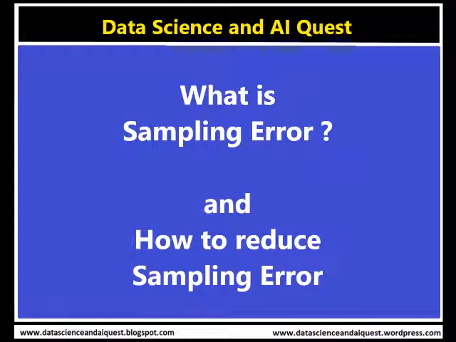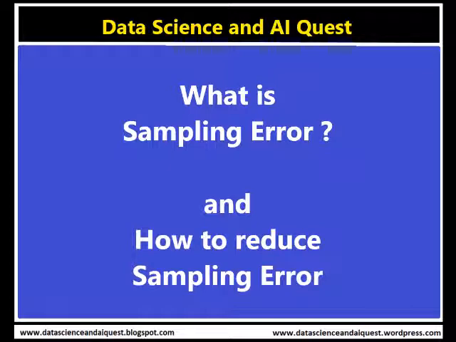So, first let us take a question. What is a sampling error? The purpose of a sample is to take an estimate of the population. So sampling error refers to the differences between the sample estimate and the actual value of a characteristic of the population, for example, average income of the population, etc.